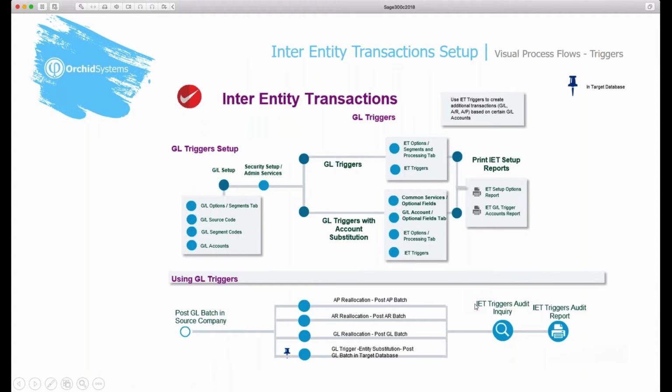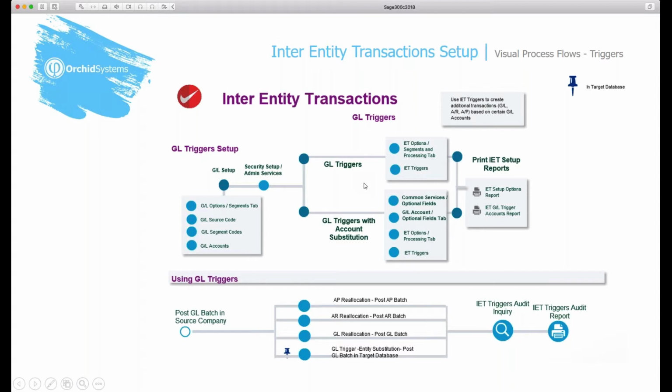So here we have a bit more on the GL triggers side, and we can either work with triggers, which allow us to create additional transactions, and they also allow us to substitute GL account values. So substituting GL account values I referred to on the previous slide, and just standard triggers are used generally to create new